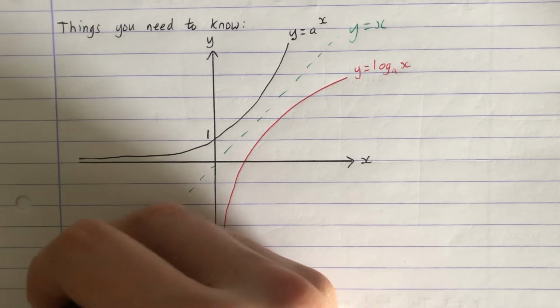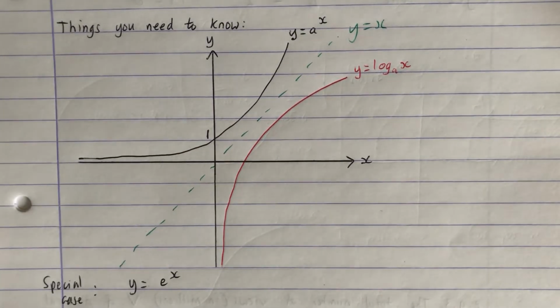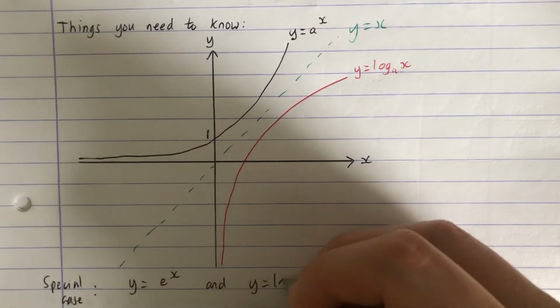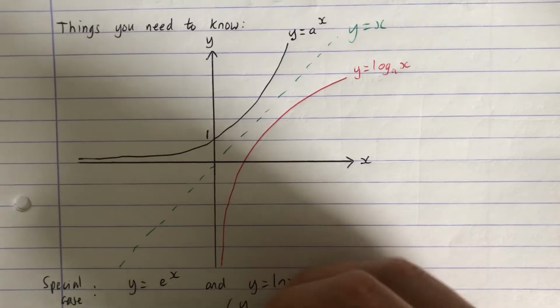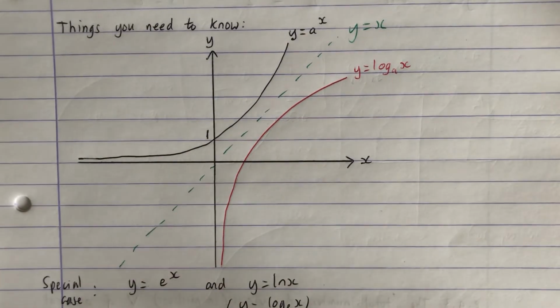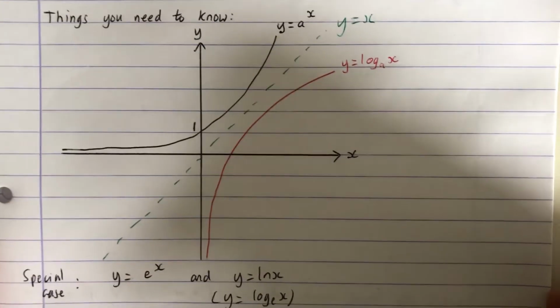So some special cases: y is equal to e to the x and its inverse y is equal to ln x, which is short for y is equal to log base e of x. Okay, now